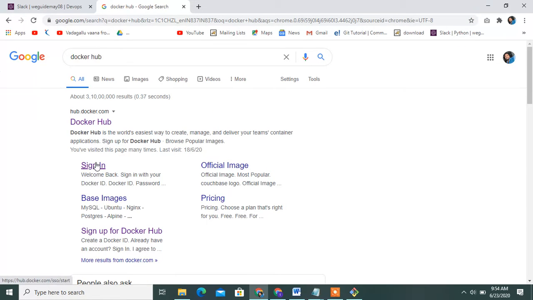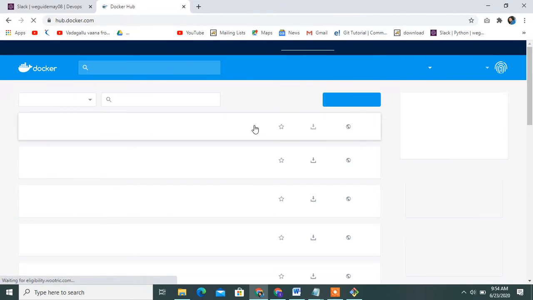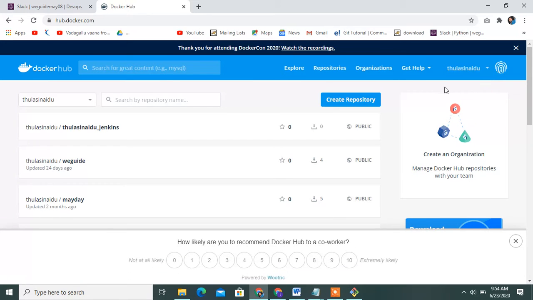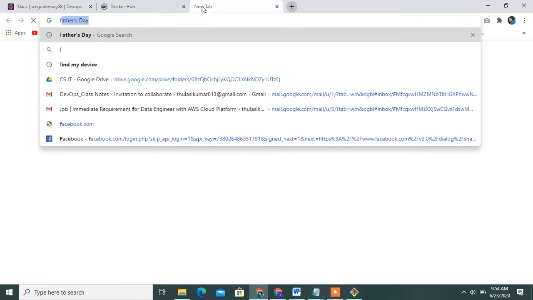In your case, go to Docker Hub and create one Docker Hub account. In my case, I have already created one, Tulsi Naidu. In your case, go to Docker Hub.